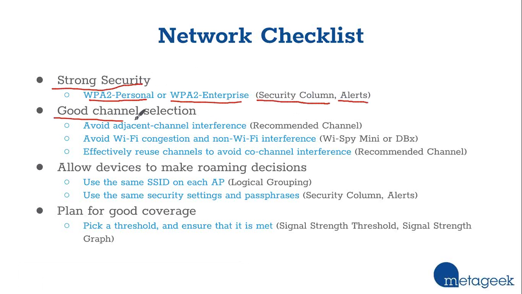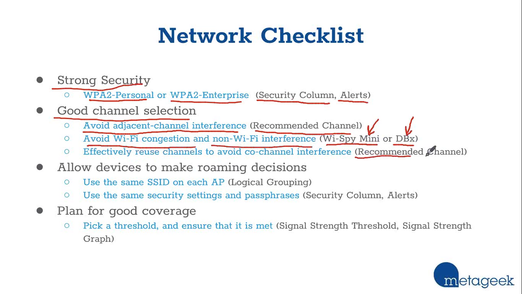The next thing that we need to do is perform good channel selection. First off, we're going to avoid adjacent channel interference by using the recommended channel feature. We're also going to avoid Wi-Fi congestion and non-Wi-Fi interference by making sure that we've got a Wi-Fi Mini, that's our 2.4 gigahertz only Wi-Fi, or a Wi-Fi DBX, that's our dual band, both 2.4 and 5 gigahertz Wi-Fi plugged in. And then we're going to use the recommended channel feature to effectively reuse our channels and avoid co-channel interference